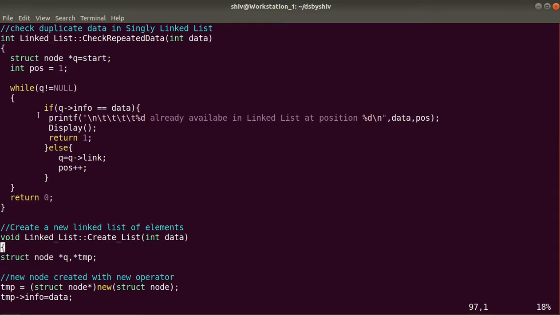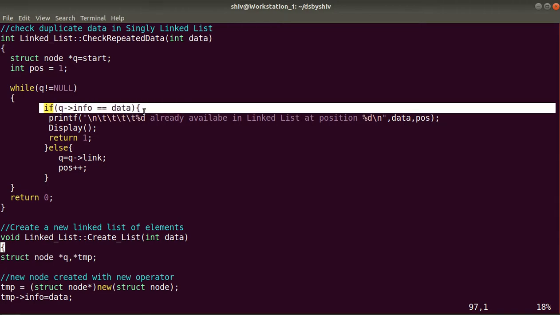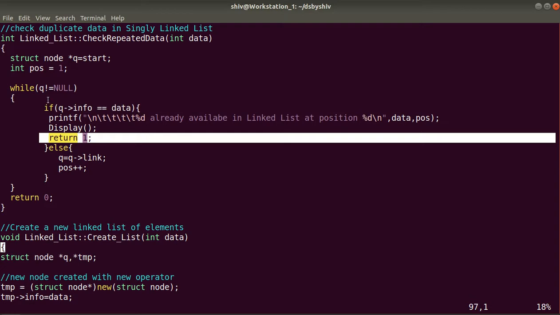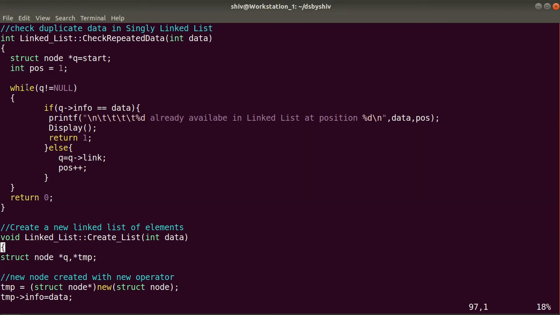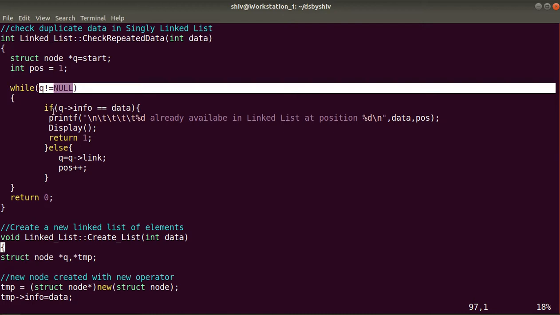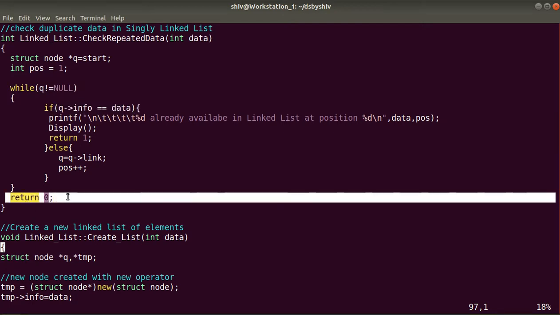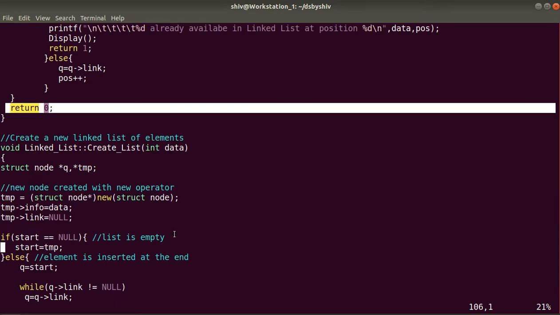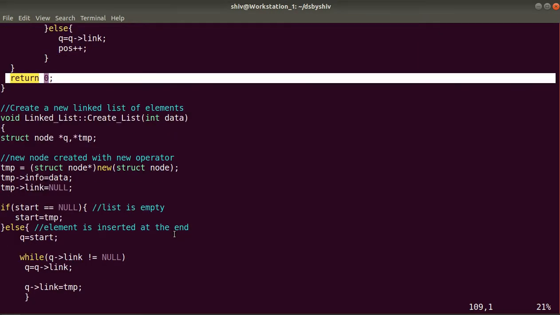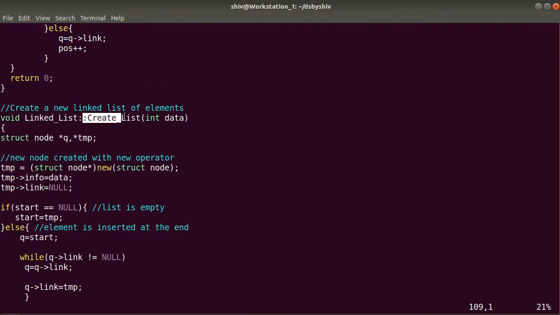So if we get the element here, this condition is true, we will return 1 and come out of this while loop, as well as this method. Otherwise, if this condition is false and this condition is also false, we will return 0 at the end of the method. Getting it? So here you can see the next method is create list.